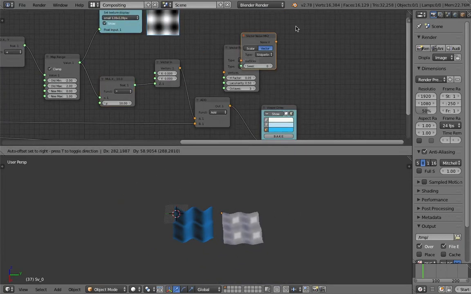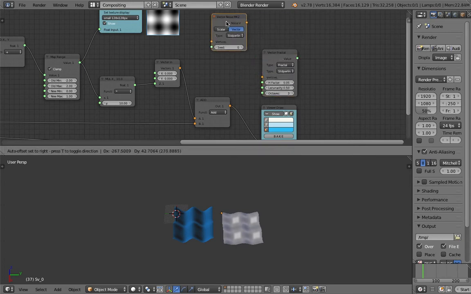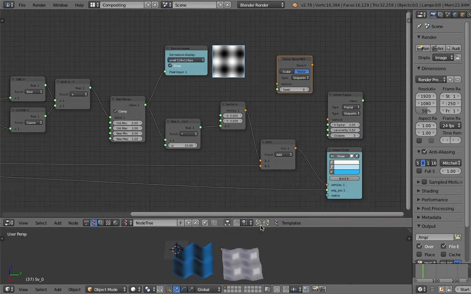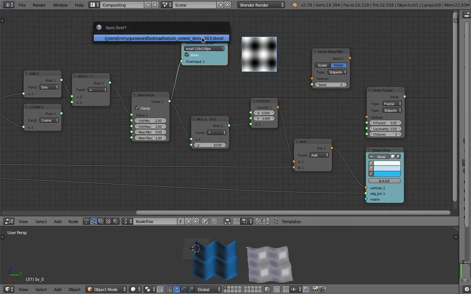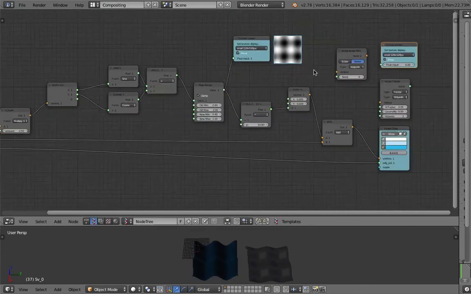Like I said, you can use vector noise and vector fractal and see the result. Since we have a texture viewer here, we can have another texture viewer for the vector noise. Just simply plug in our